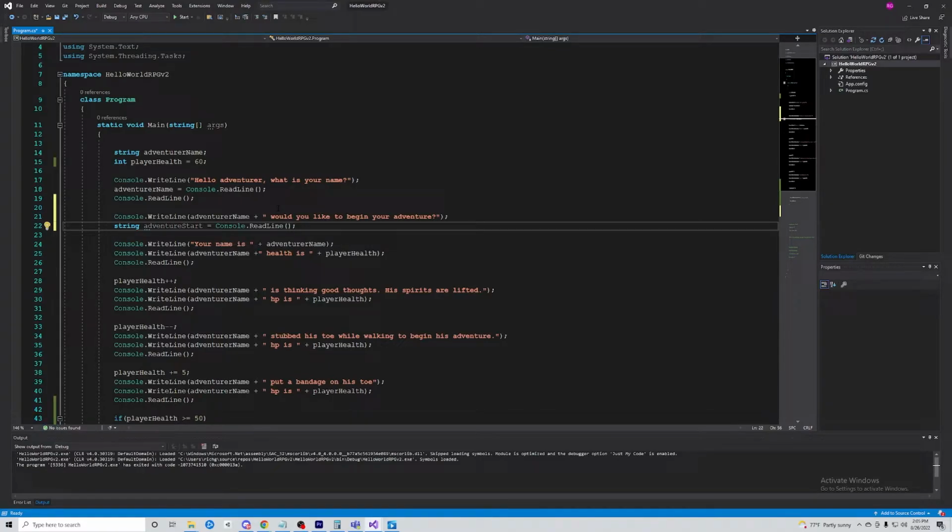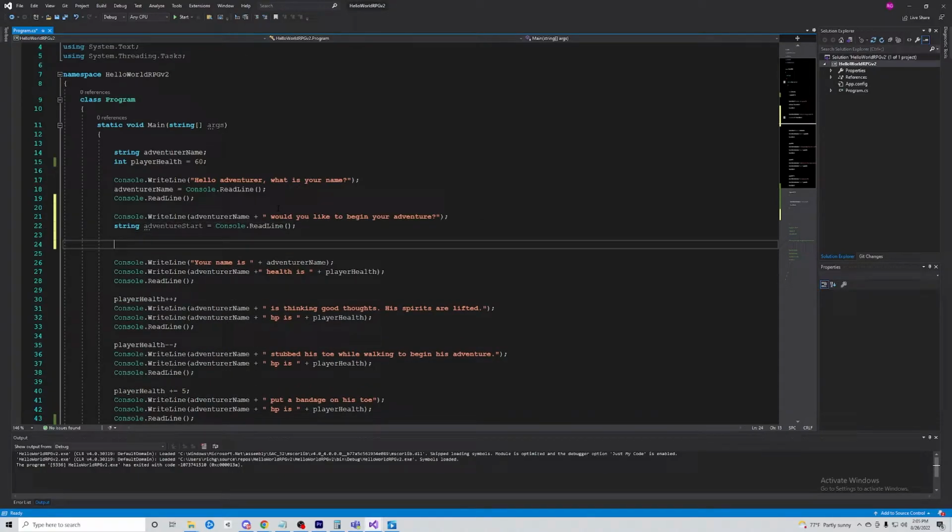And then what we can go ahead and do is we can run a check. We'll set up that check. So we'll say if adventurer start is a lowercase y, or, and I'm actually just going to copy this to make this quicker, a capital Y, or adventurer start is equal to yes, or it's equal to yes with a capital,